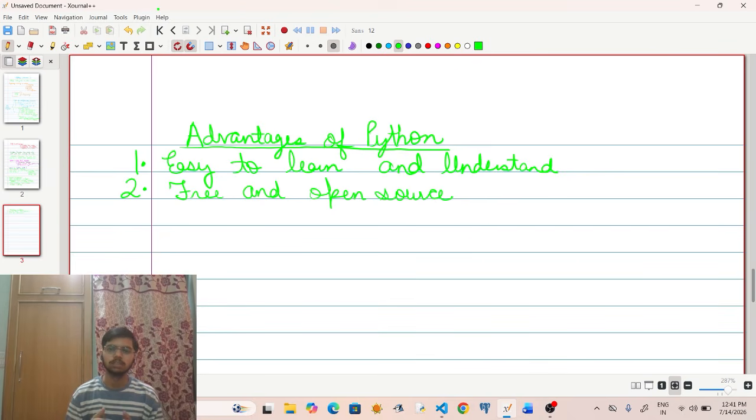They give their own suggestions regarding that programming language, and these suggestions are incorporated into the programming language.